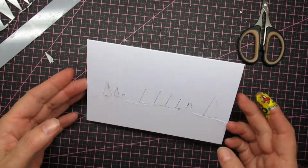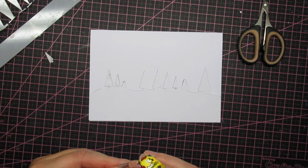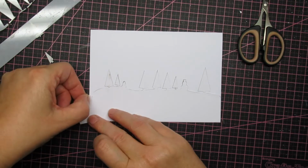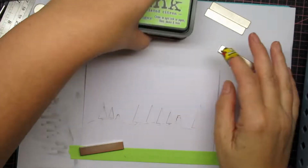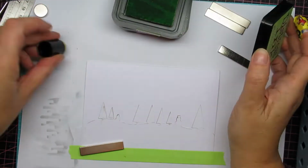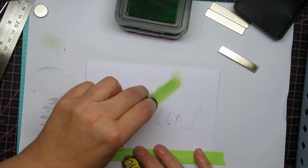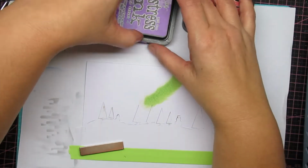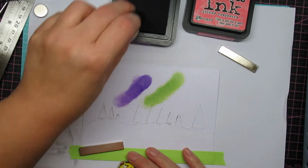And for my sky and ink blending, I want to use some distress inks, and I'm using the bright colors like Twisted Citron, Mustard Seed, Picked Raspberry and Wilted Violet, and then all kinds of blues to make my sky. And I'm also using the finger daubers because they're nice and small for some detail work. And it's just very random how I put the colors on. Now I was thinking about Aurora Borealis or Northern Lights, and yeah,